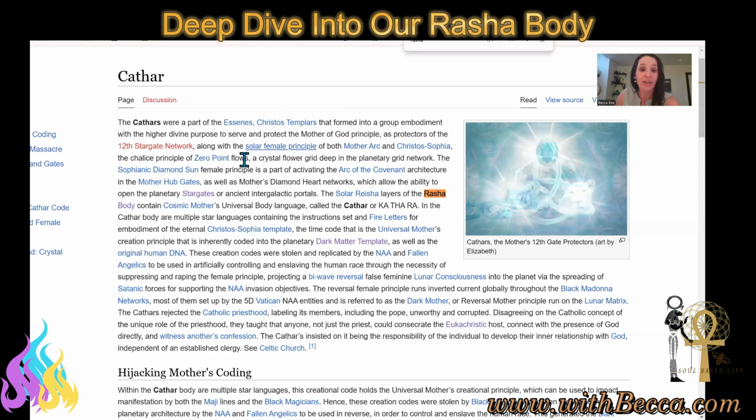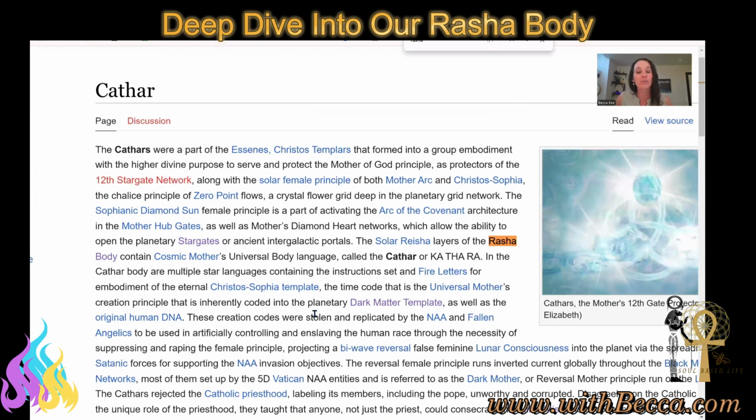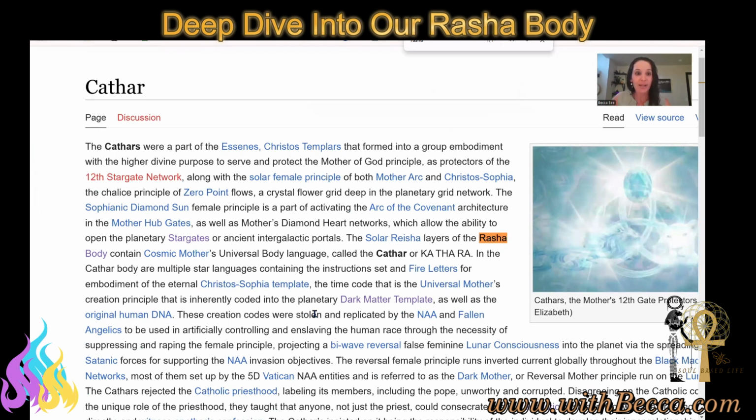You'll see it. It's right here. The Christos Templars. Well, what is a Templar? A Templar is just a fancy word for template. And the template is just another way of saying a blueprint. What's the template that you're going to build off of that? Well, it's the template that's holding the earth body in place, that works through the ley lines, the sacred vortices, the grids. So now you can see how this steps down into working with that grid working page and the different stargates and the different hubs and the different locations on the planet that we start to work with.